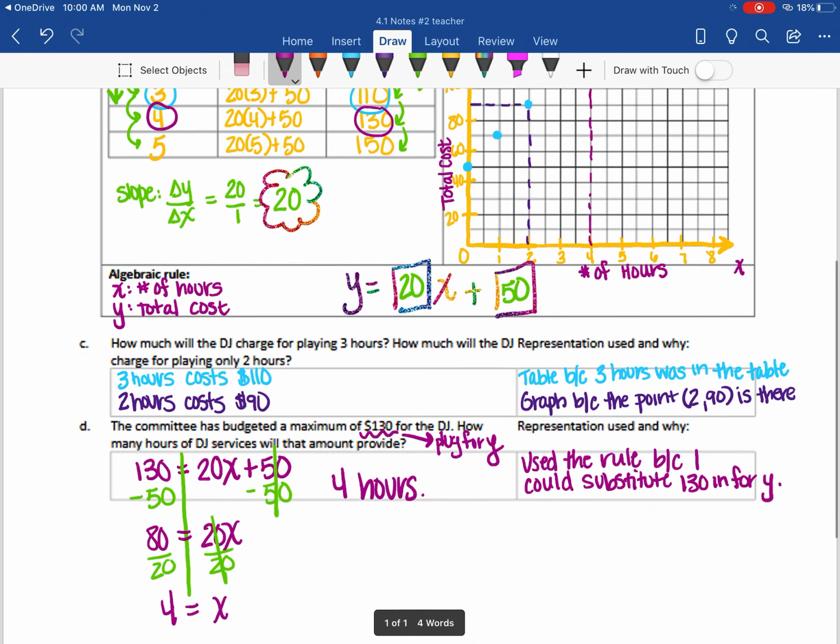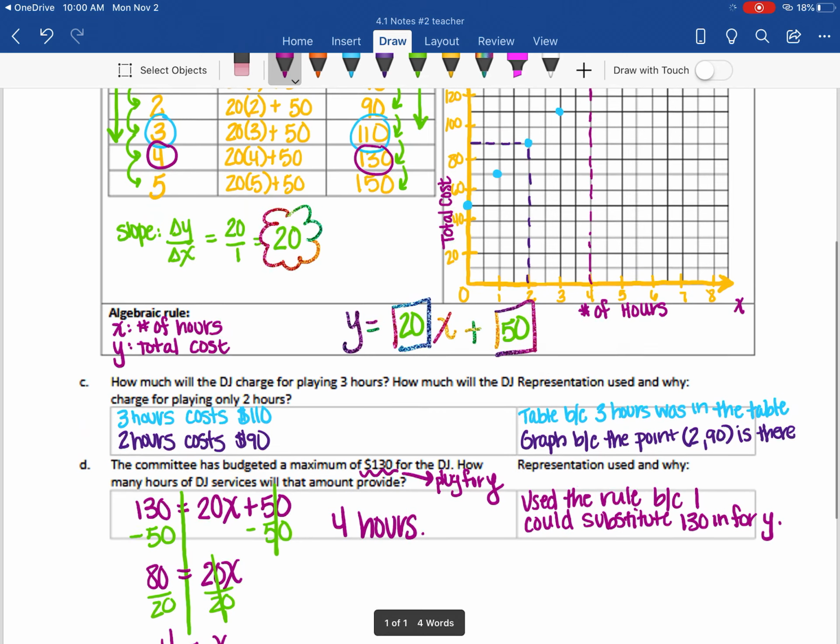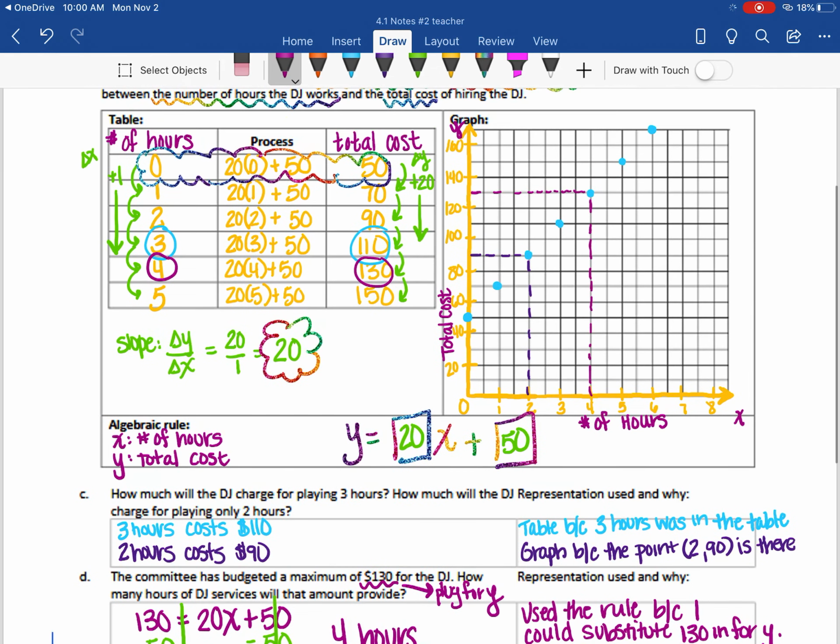So that's a good, you know, we looked at all 3 different representations here. So, yeah, that should give you a little bit more practice. Homework tonight, you're going to be doing the same thing as your